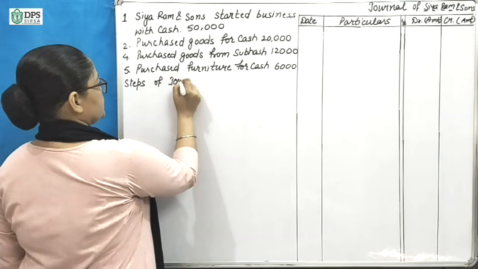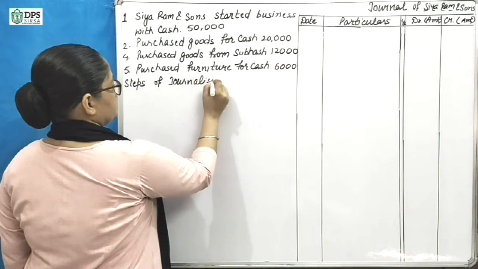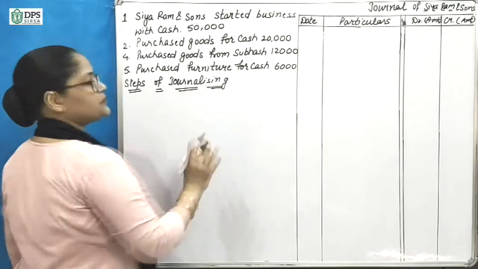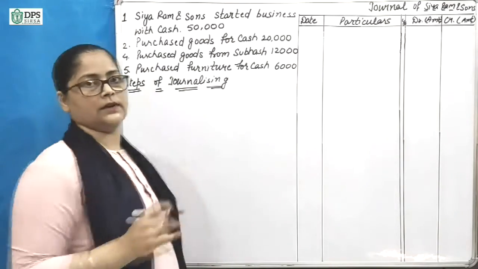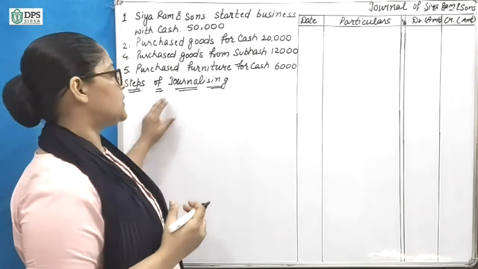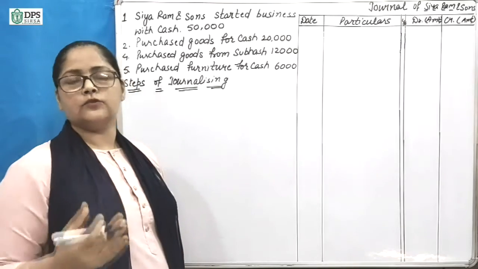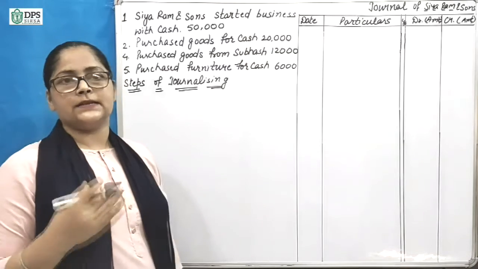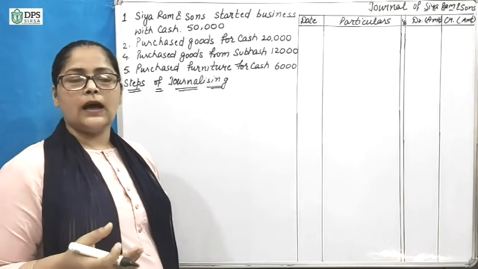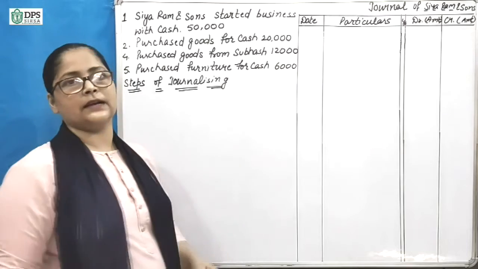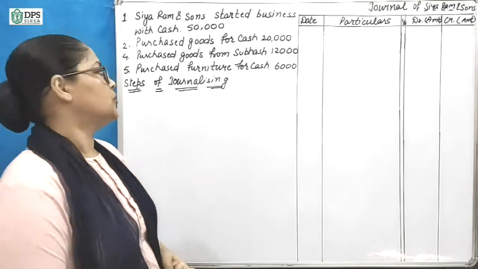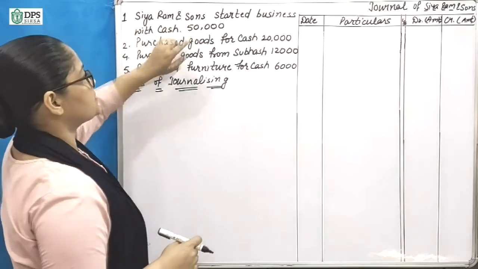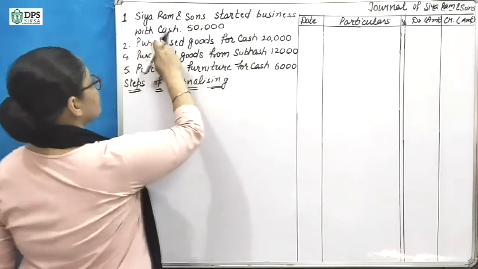मैंने आपको journalizing के steps बताए थे last वीडियो में, तो हम उन steps को follow करेंगे और ये question solve करेंगे. तो जैसे अभी थोड़ा सा एक बार आपको 5 और 10 क्वेश्चंस में इन स्टेप्स को फॉलो करके ही क्वेश्चन करना पड़ेगा. उसके बाद जैसे ही आपको प्रैक्टिस हो जाएगी तो आप इसको बिना स्टेप्स के बनाए ही सॉल्व कर सकते हो. So first transaction is Siaram and Sons started business with cash